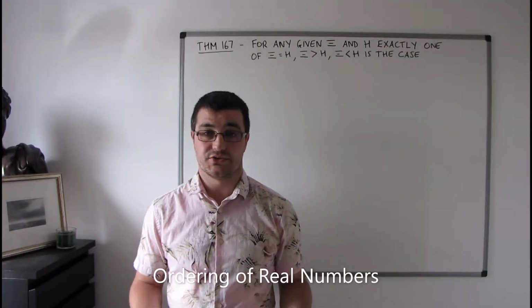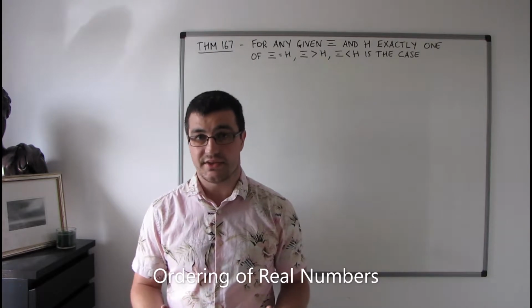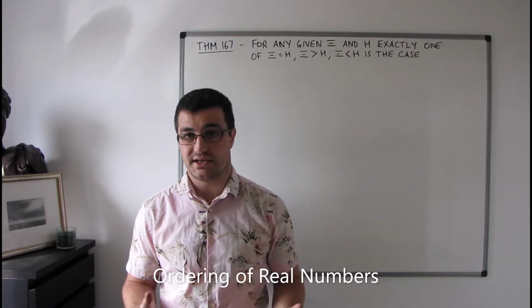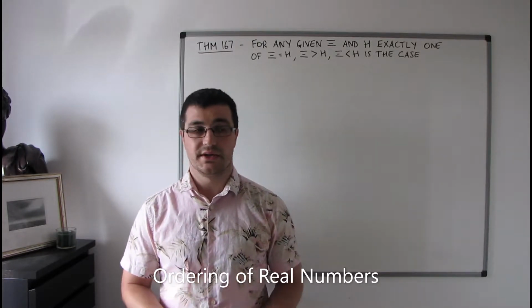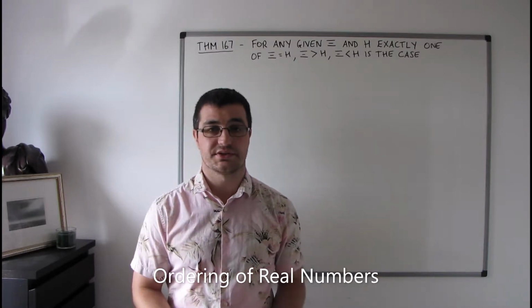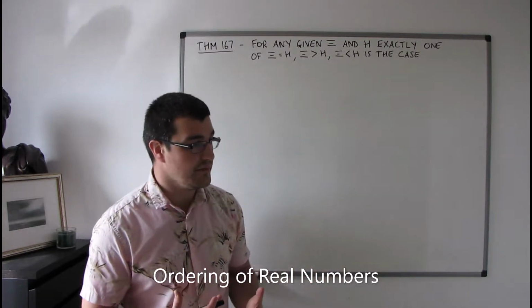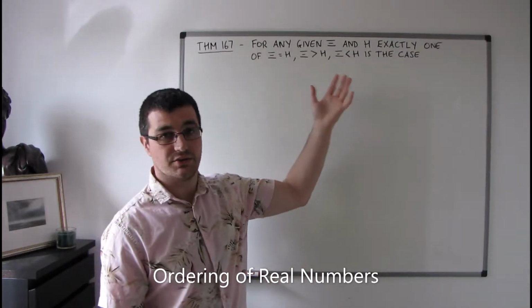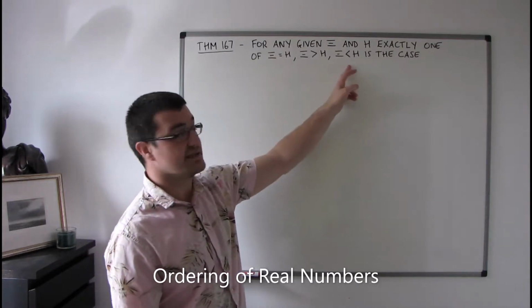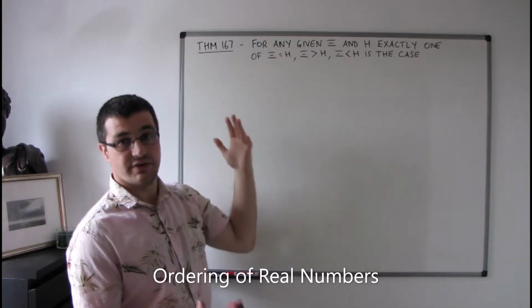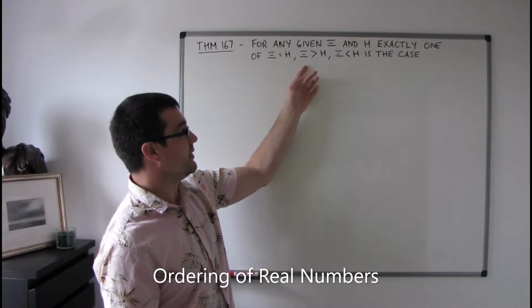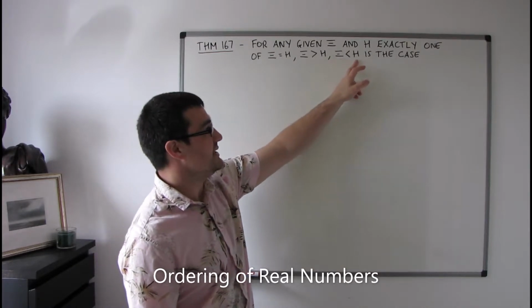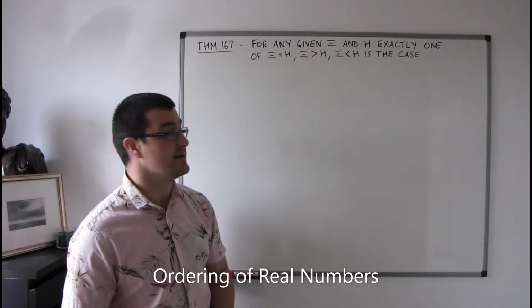So now we're going to look at theorem 167. This particular theorem is something that's quite familiar to us. It's quite recognisable because there's analogous theorems that come up in relation to cuts, rational numbers, etc. But it is an important theorem in a way. What it simply says is that given any two real numbers, then exactly one of these cases obtains. So either the two real numbers will be equal, or xi is going to be greater than eta, or xi is less than eta, and whichever case obtains, it excludes the possibility of the other two cases